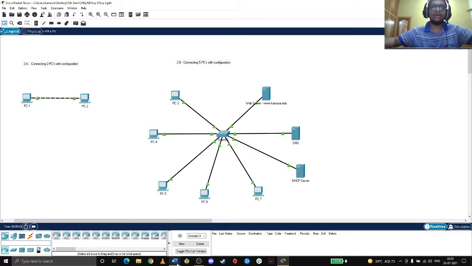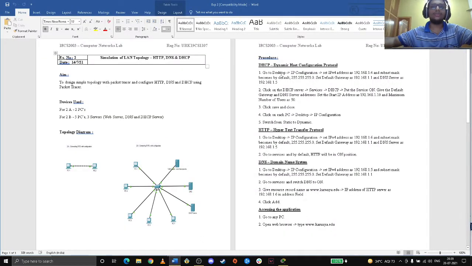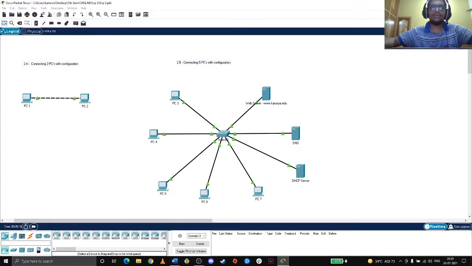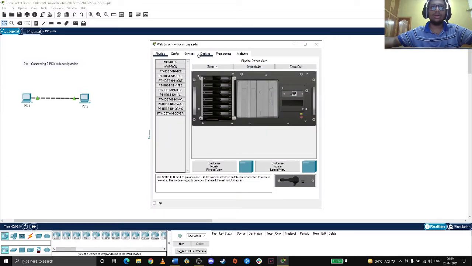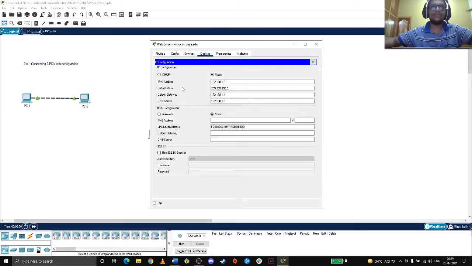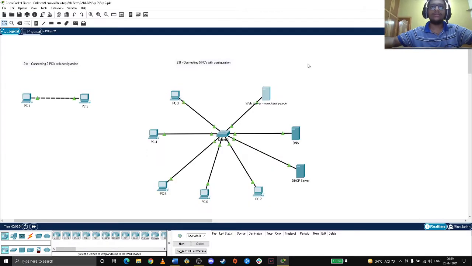Now according to the procedure, let's set up the DHCP server, which is the Dynamic Host Configuration Protocol. Go to Desktop, IP Configuration, and set the IP as 1.4 with subnet mask. Sorry, that was for the web server.